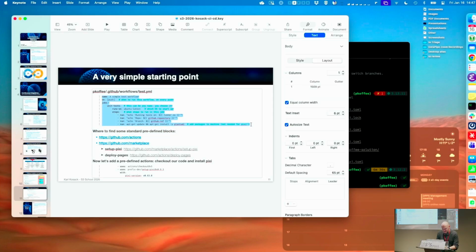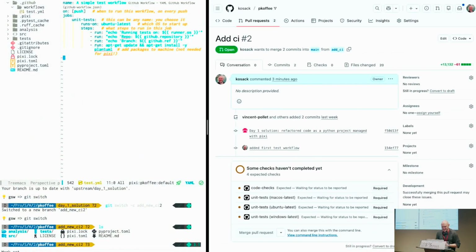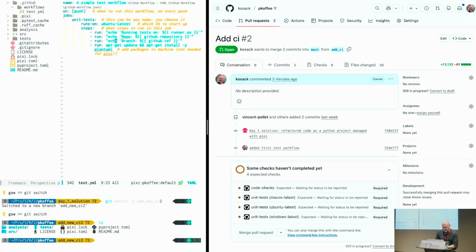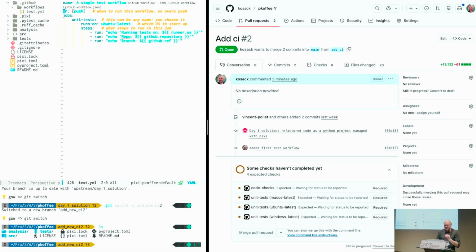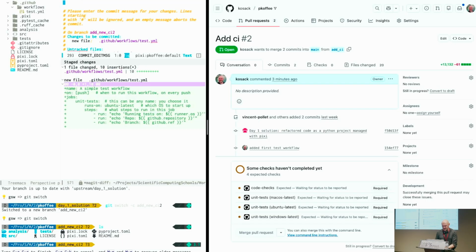Just be careful, as Max said, cutting and pasting things from a presentation, sometimes you get indentation wrong. Oh, this looks actually okay. So this is what I had there. I'm going to get rid of this installing plant YAML because I don't need that. Okay, so here's our test workflow again. And I'm going to stage that test file,